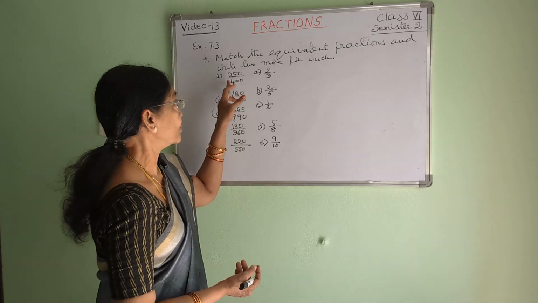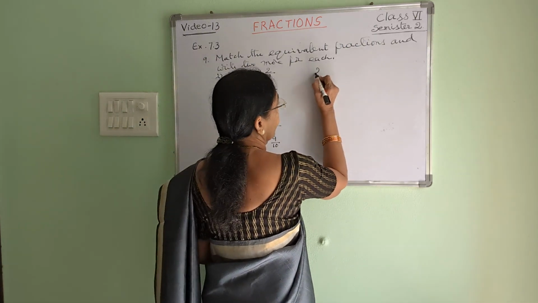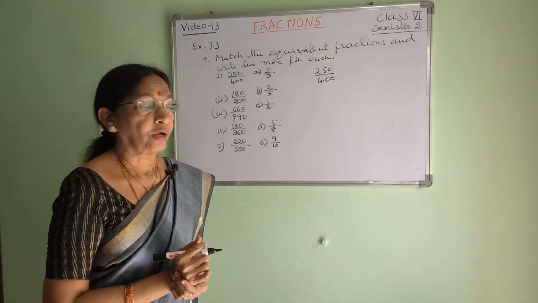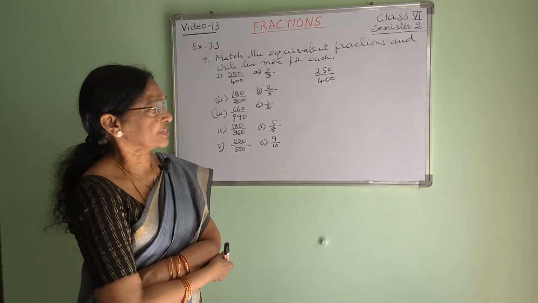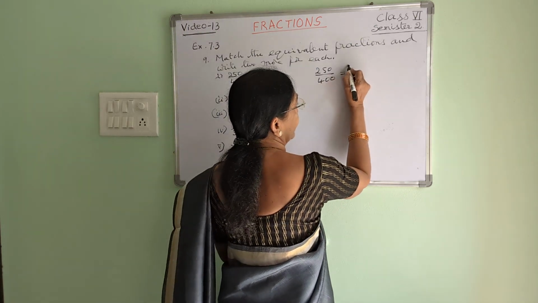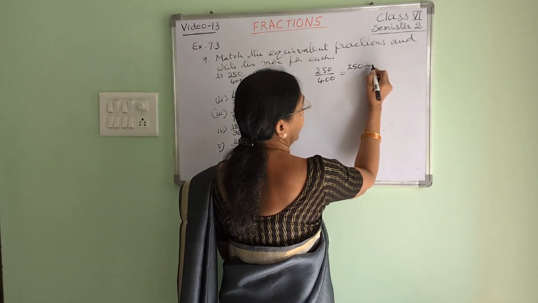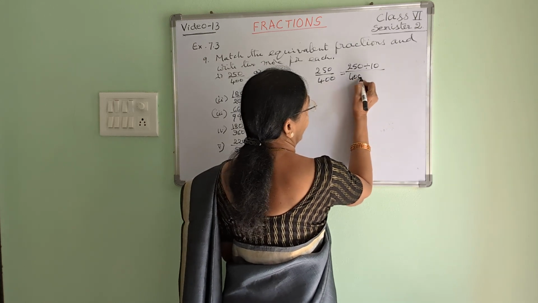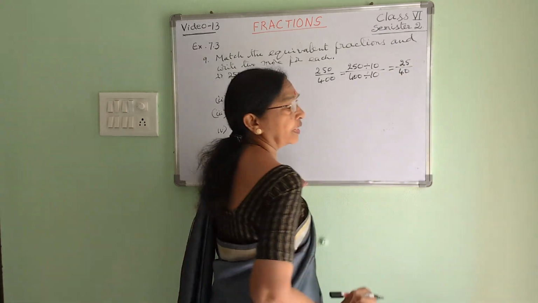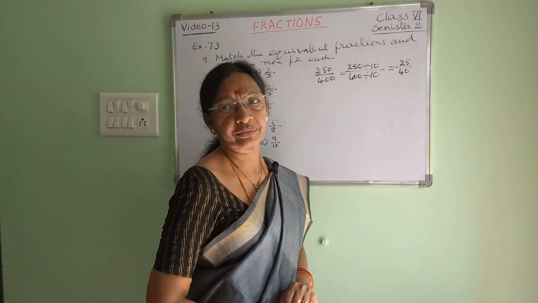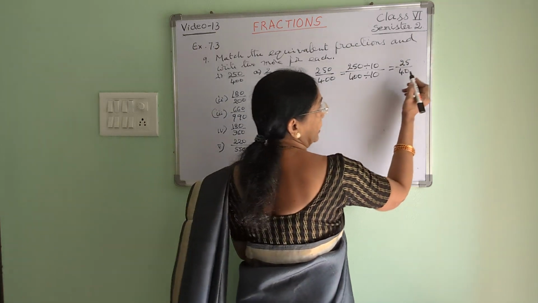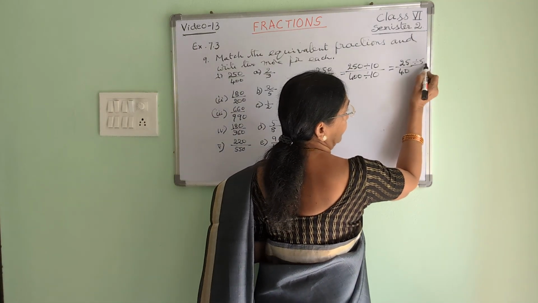So, to convert 250 by 400, we will divide with their factors. 250 by 400, first it divides by 10. Therefore, dividing both the numerator and the denominator by 10, this is equal to 25 by 40. And again it is divided by 5, because 25 is divisible by 5, 40 is divisible by 5. So dividing both the numerator and denominator by 5,